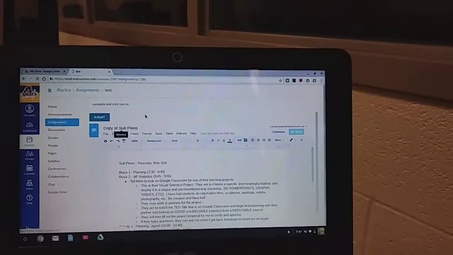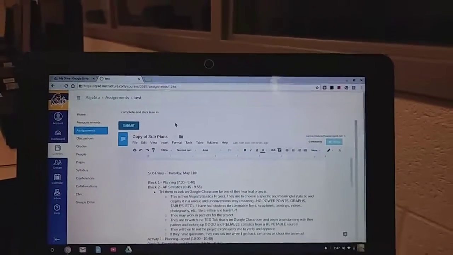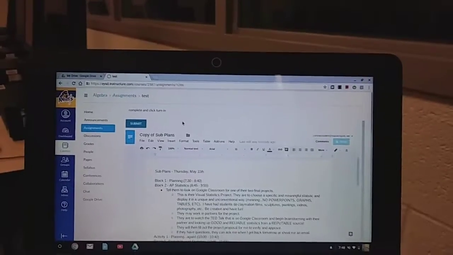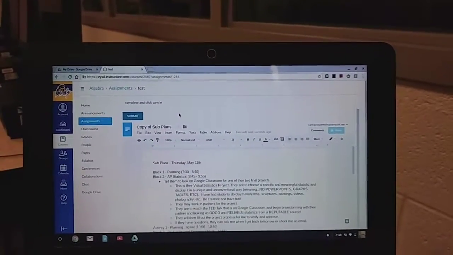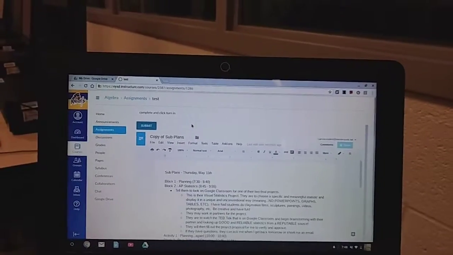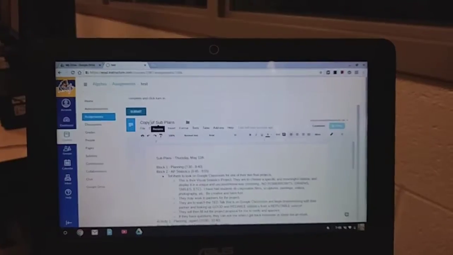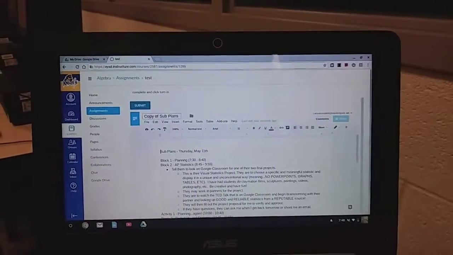Now, one of the questions that was asked yesterday was, will it change the name of the document? No, it won't. The student can actually rename it if they want. It's going to be saved into their Google Drive, but through SpeedGrader, the name is already attached to it. So you don't really have to worry about changing this title here. So the student could change it if they wanted to, but they don't have to, but this is their copy. It's in